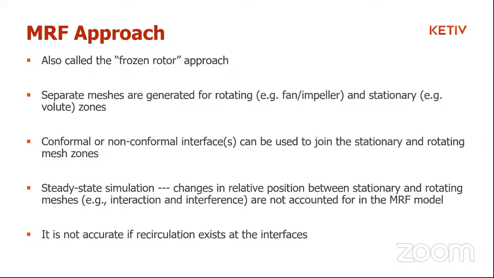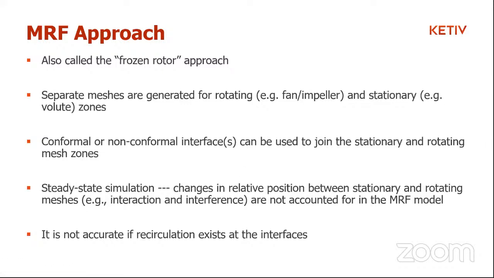So this simplification allows you to do a steady state analysis without having to write any code for moving the mesh, or without even using a sliding mesh for doing the same problem. You basically create a separate mesh, a separate zone that encompasses all your moving parts. So for example, if you have fans and impellers, you can create a zone around these moving parts and specify that as a moving reference frame zone, and assign the velocities as such to get the same effect. Now, when you're setting this zone up,